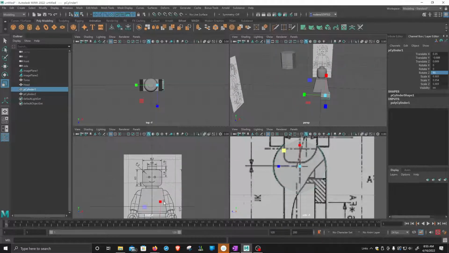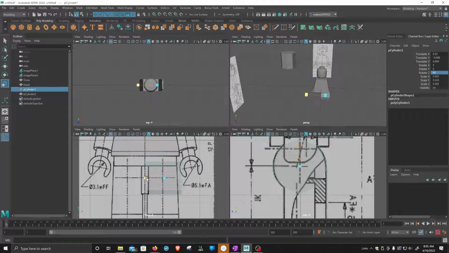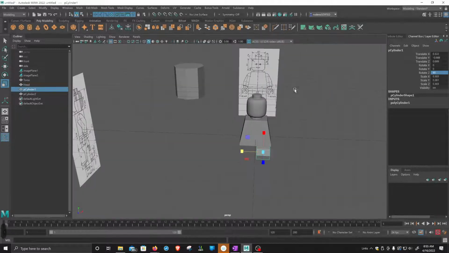Now I just need to match the front. So that's why we have the front and side views here, so we can match them pretty close. So I'm just matching the width. I have the circle match here, and we're good. Okay, so